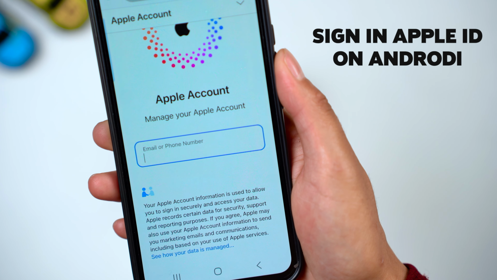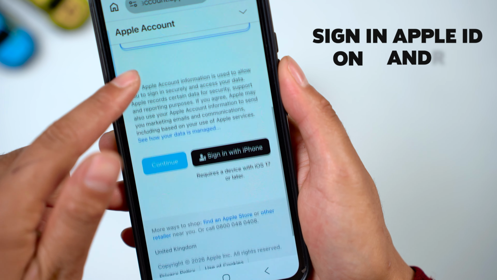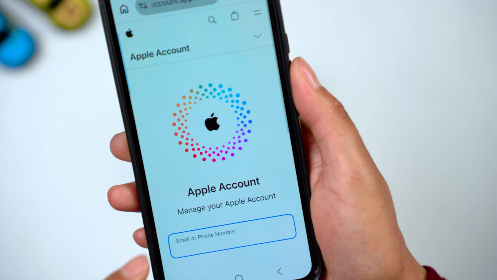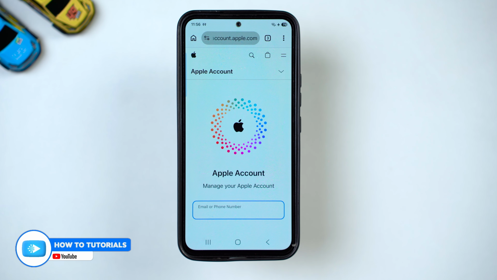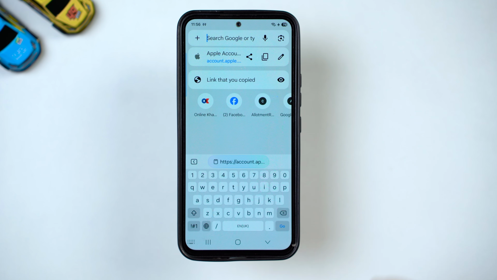Here's how you can sign in to your Apple ID account on Android. So, to begin with, let's start. You need to make sure to open up a browser. You could go with Chrome browser. Then you could tap onto the search bar and type in